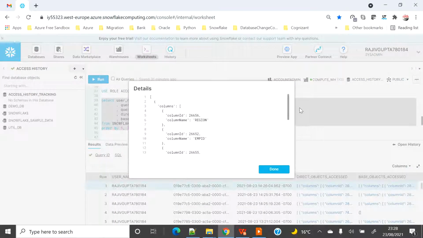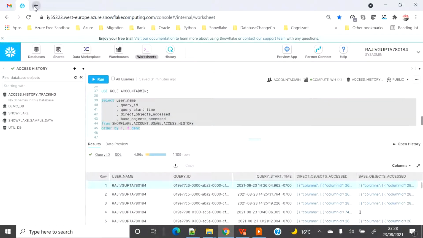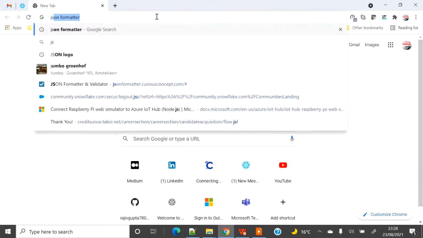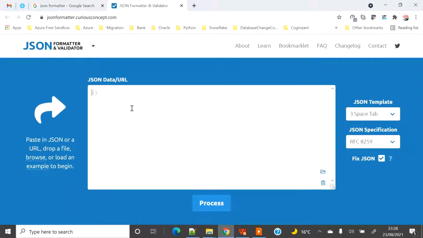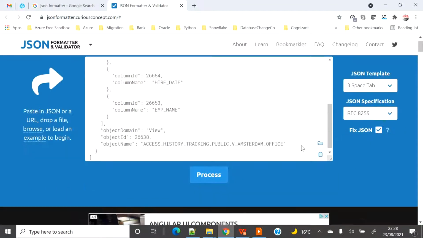If I click on this, let me copy this and open a JSON formatter so that we can view the code much more nicely. Let me paste it here and process.